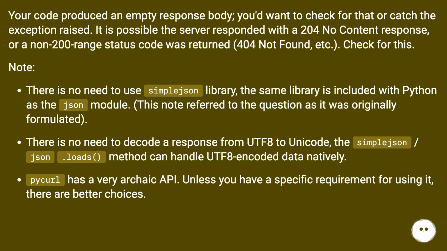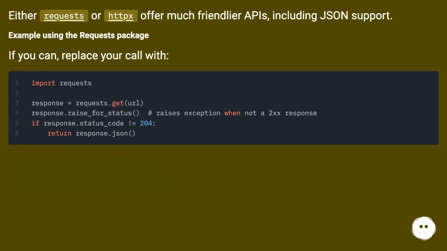PyCurl has a very archaic API. Unless you have a specific requirement for using it, there are better choices. Either requests or HTTPX offer much friendlier APIs, including JSON support. Example using the requests package. If you can, replace your call with